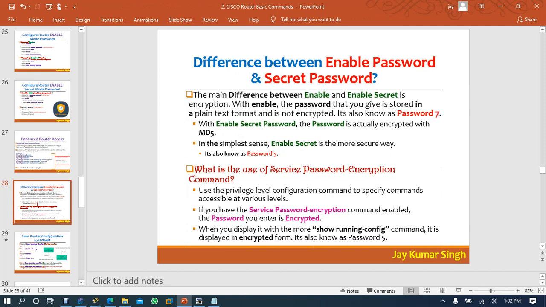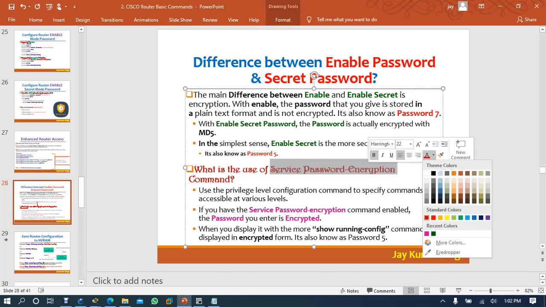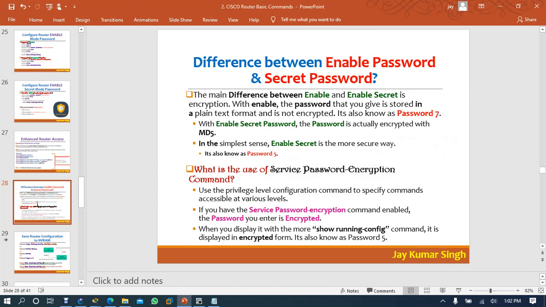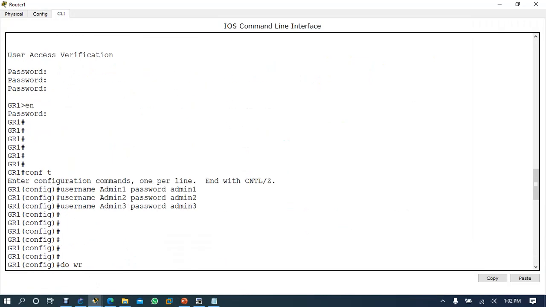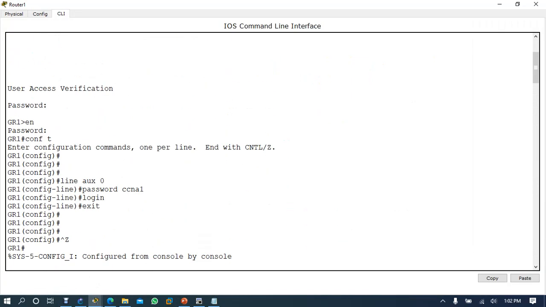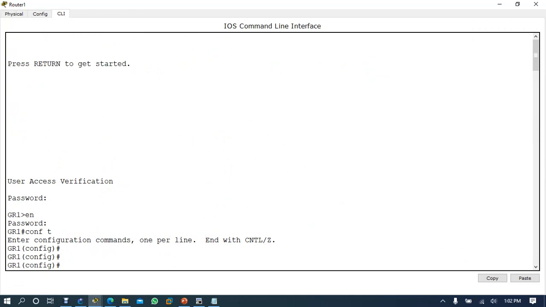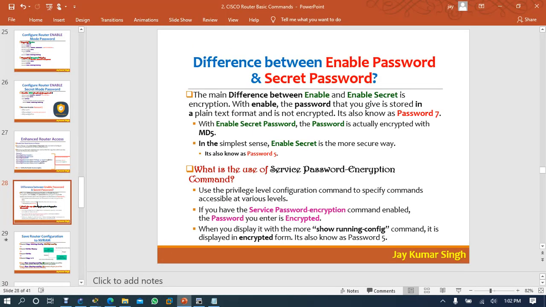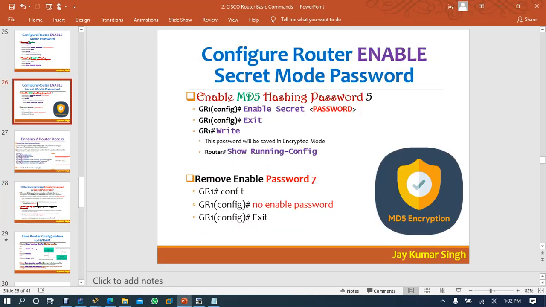Now what is the use of the service password encryption command? Remember, I have used the service password encryption command here. You can see here if it is there. I think it's not there. So what is the use of service password encryption?